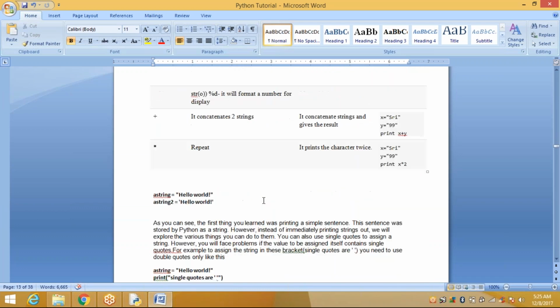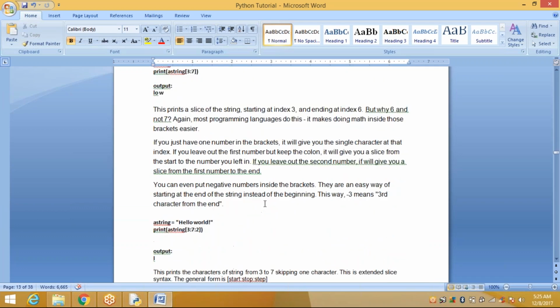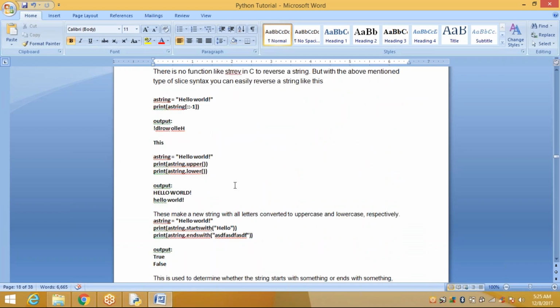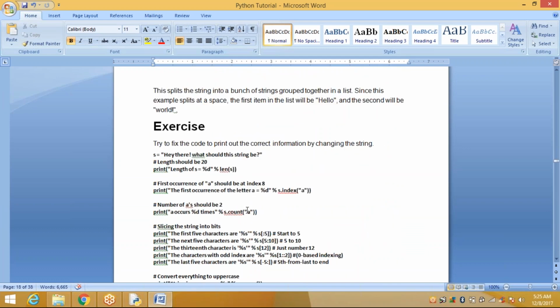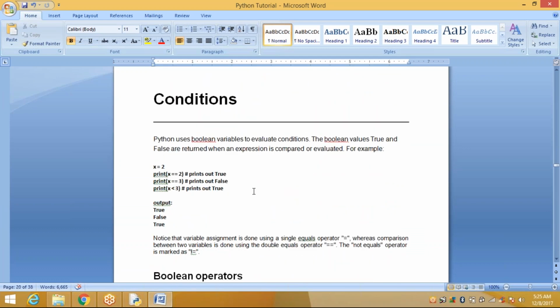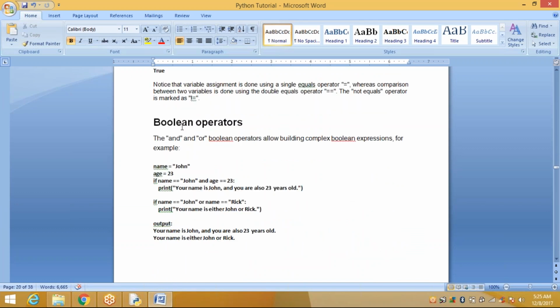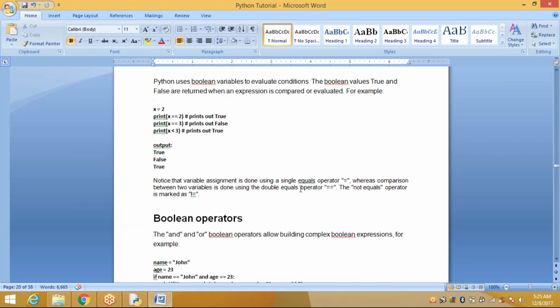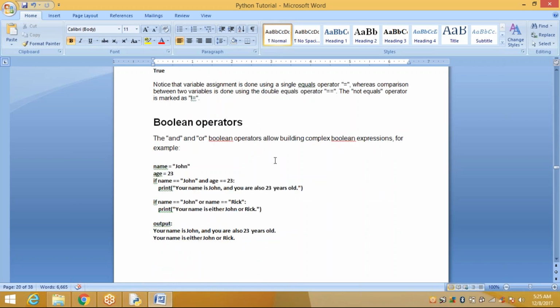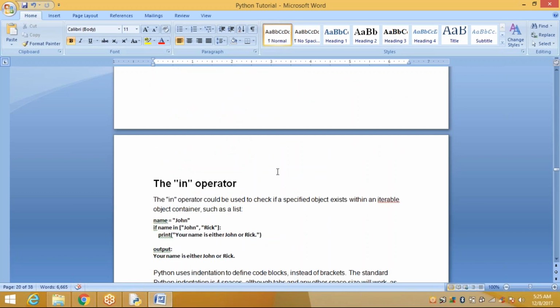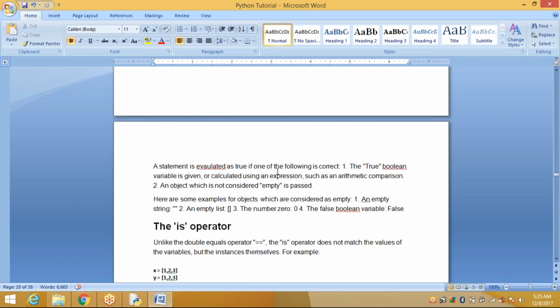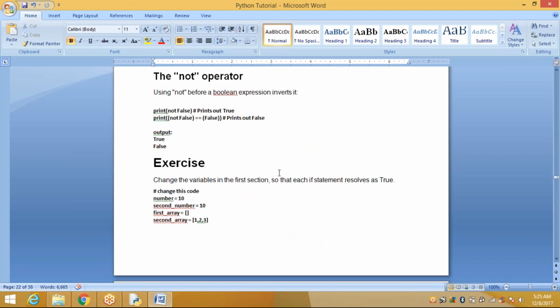Next, what are the things we have remaining? We will discuss the conditions, Boolean, how to use the Boolean operators. Already we have covered arithmetic operators and conditional operators, and we have Boolean operators: in operator, is operator, not operator.